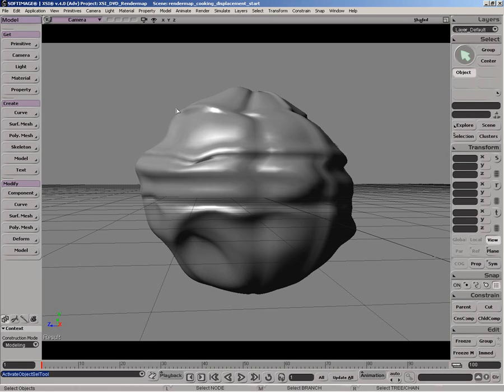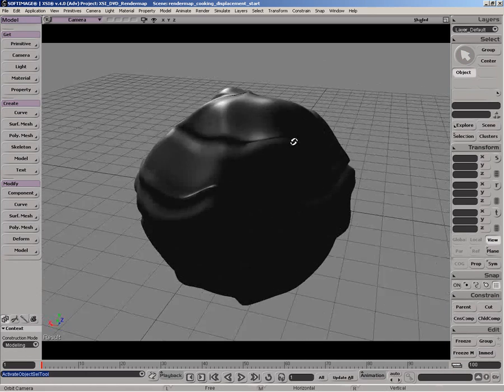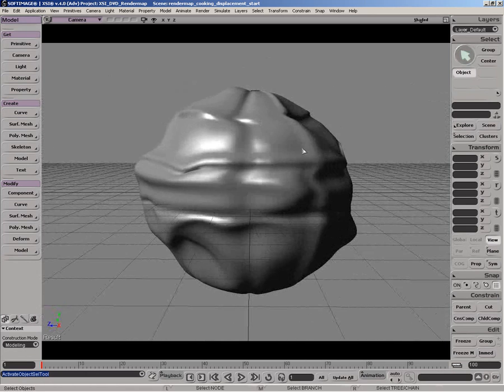And especially with the new mental ray displacement, it's actually quite accurate. So you can get away with quite a bit. But it's a good idea, again, to just try it out and experiment and see how far you can push the tools. So once you have your high-res version, the next thing is to create a low-res version of that